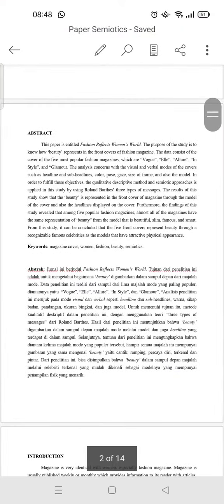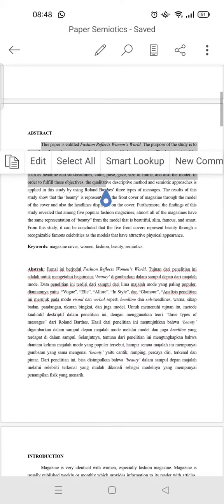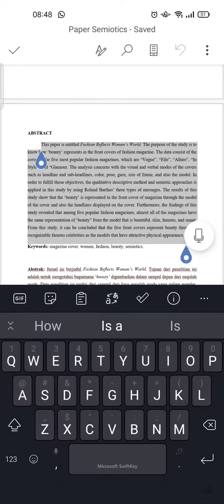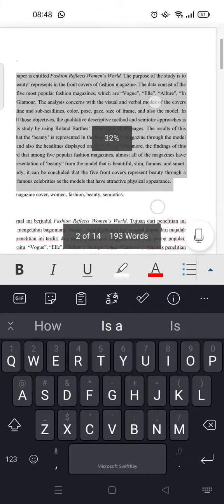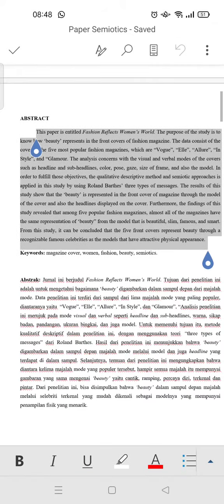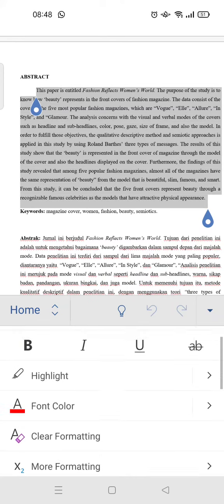If you want to change the font, you just need to block the part that you want to change the font and then click on the pencil icon at the top. Okay, let's zoom out. Okay, here click on this A with pencil icon at the top,